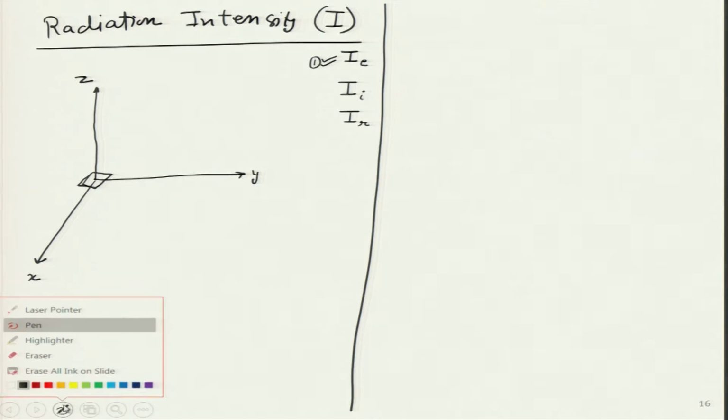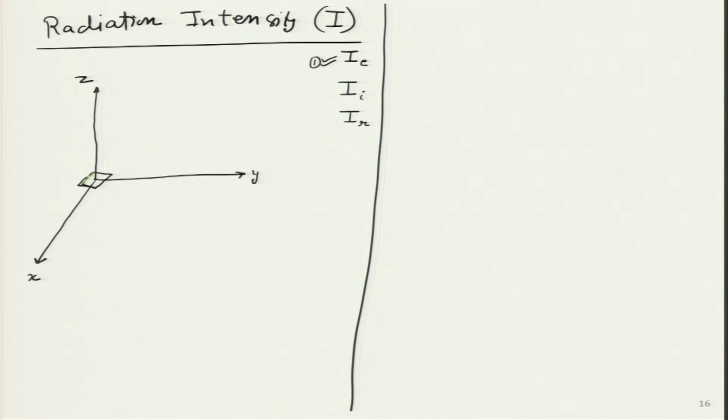and this surface, let me color it for clarity. So, I am going to color it green over here. So, this surface area is very small and I assume that it is equal to dA. It is a small differential area. Now, what I want to do is I take a particular direction. So, let me take this direction over here, and how will I define this particular direction in the polar coordinates?